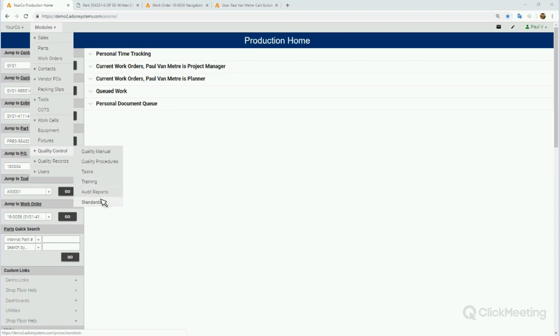We have audits. Our standards module is where you can build the actual standards that you're going to be certified to, whether it's ISO 9000 or 13485 or AS9100 or API. You can build those standards, and those connect really intimately in with all the other modules, and we'll touch on that a little bit later. The quality records portion is where we keep track of things like our documents and our RMAs, NCRs, corrective actions,